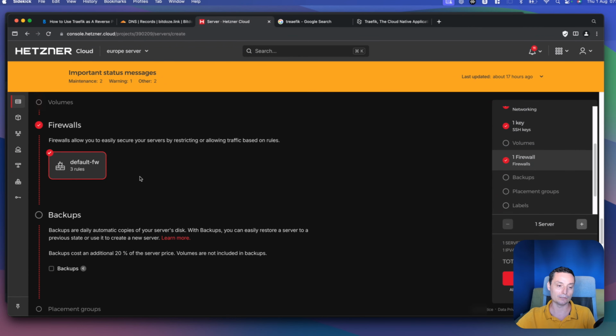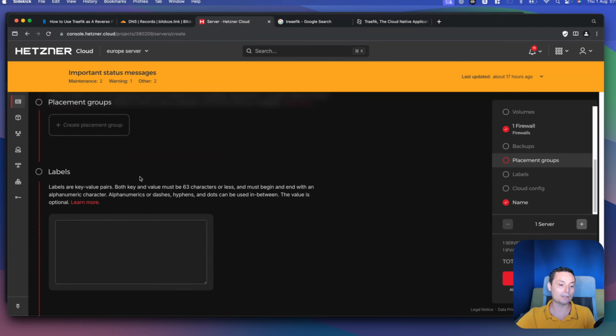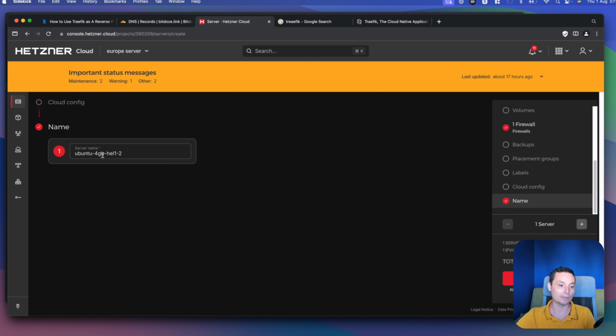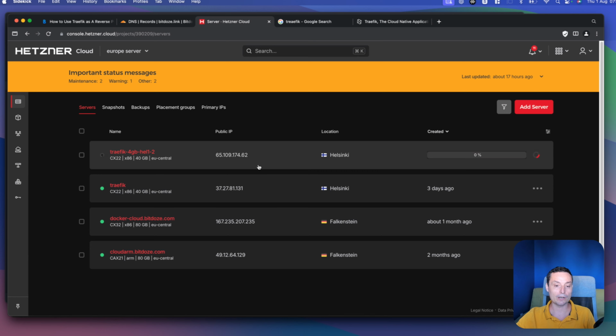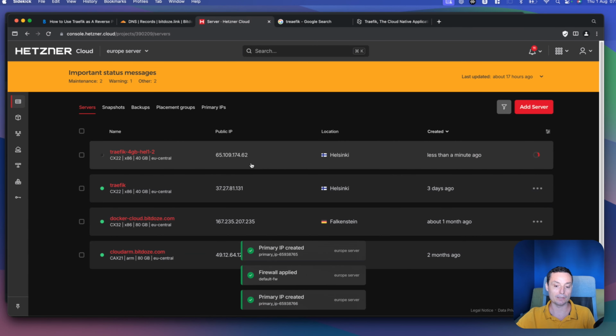I don't want to have unauthorized access. And in here I will just put a name, and I will hit create. Right now the server will be spun off, and meanwhile I'll just copy the IP address, and for